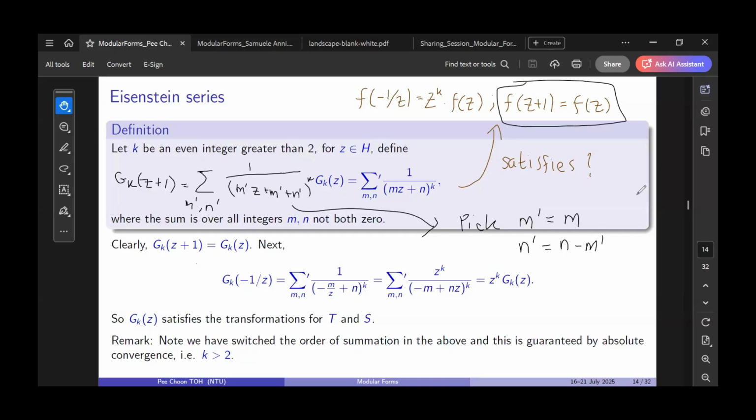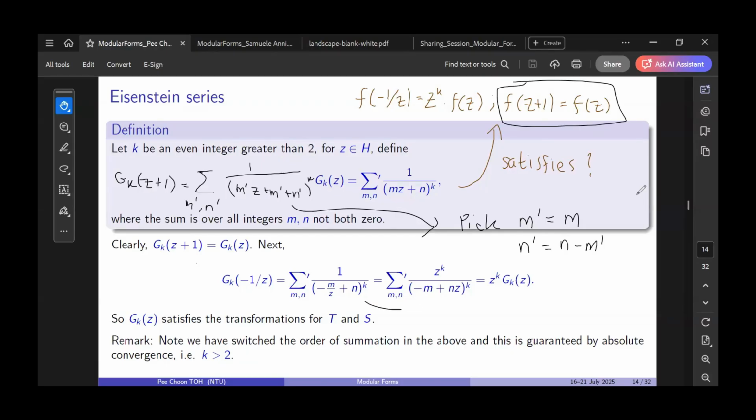Now we check whether the other property is also satisfied. So for g_k(-1/z),